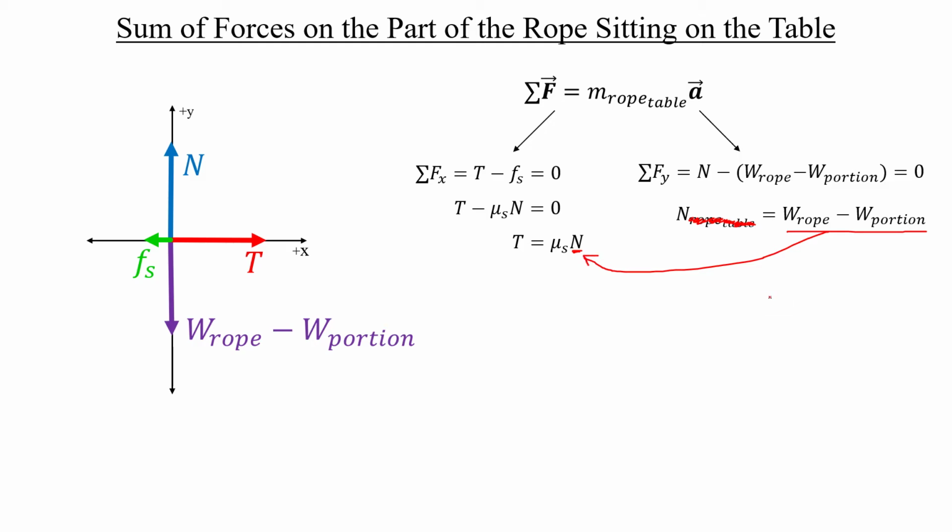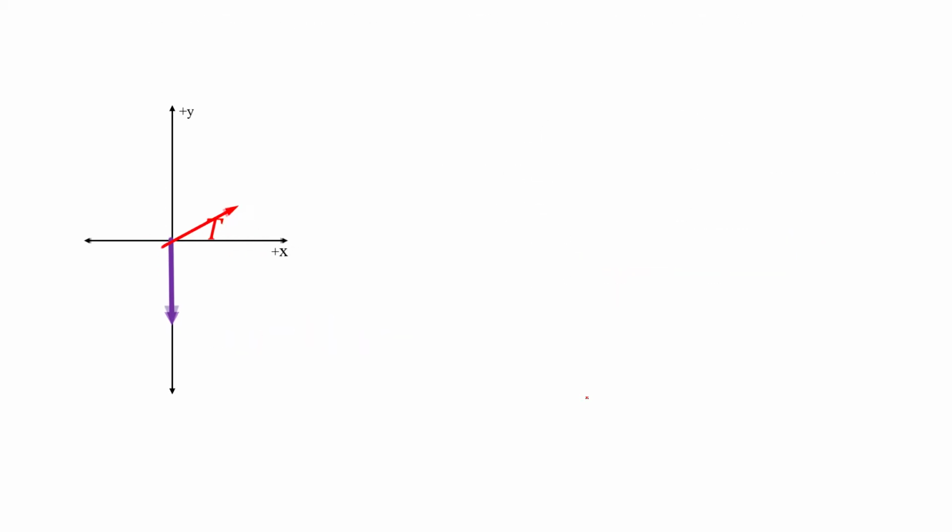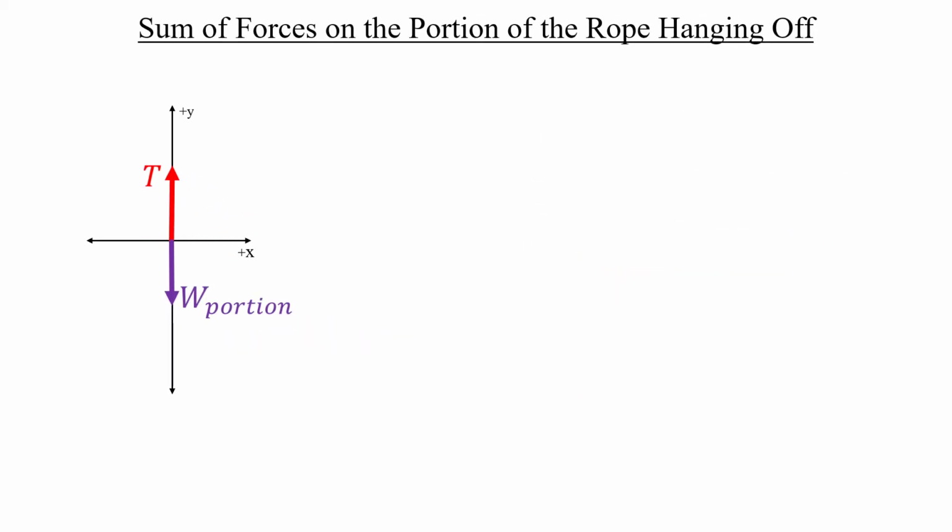And that's what I'm going to do next. So we have the tension being equal to the coefficient of static friction multiplied by this difference in weight. And we can't go any further, so I'm going to make an underline under this expression, and we'll come back to it later. Next, we have to do the sum of forces on the portion of the rope that's hanging